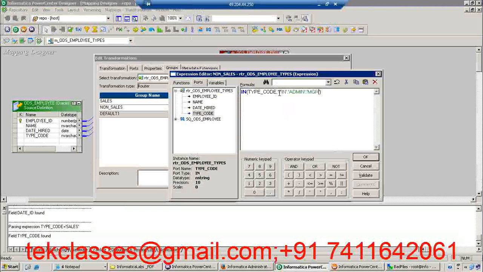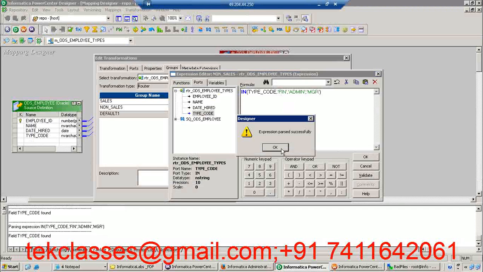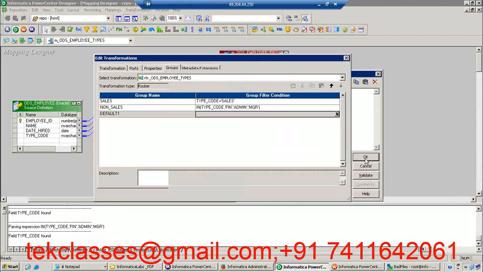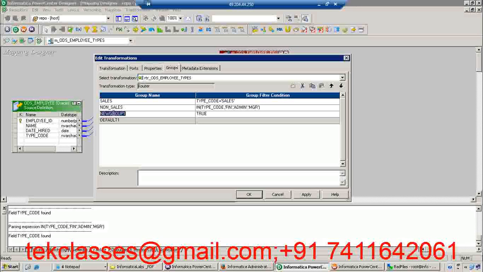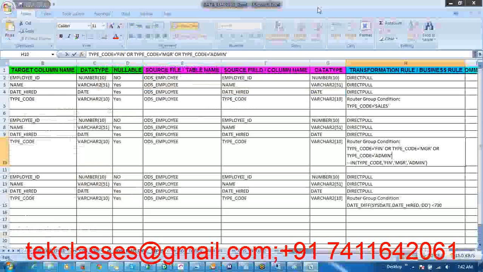It will just match the list of values which are available here. If it is matching the condition, then it will give the value, otherwise it will give you nothing. It will give you false. So whenever type code is finance, admin or manager, then we are going to use non-sales. And then the other one is going to be the rookies. So when we are going to consider these employees as rookies, here we have to understand there is